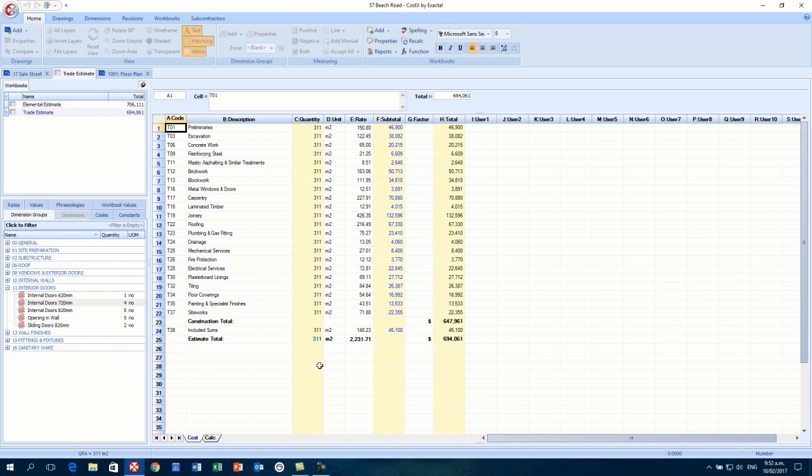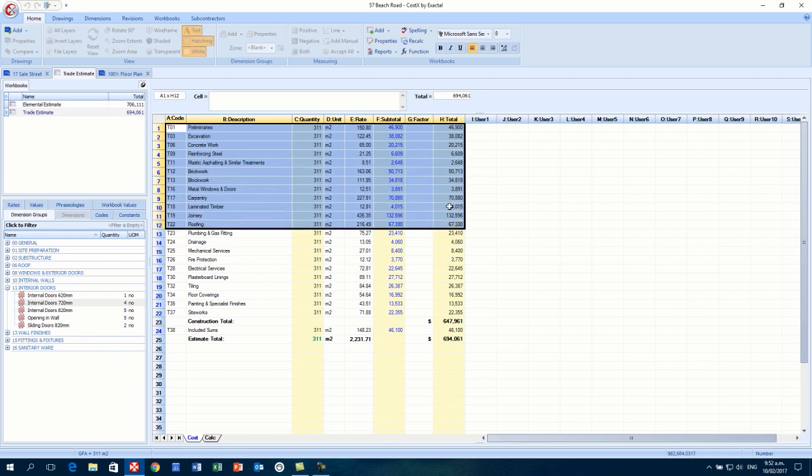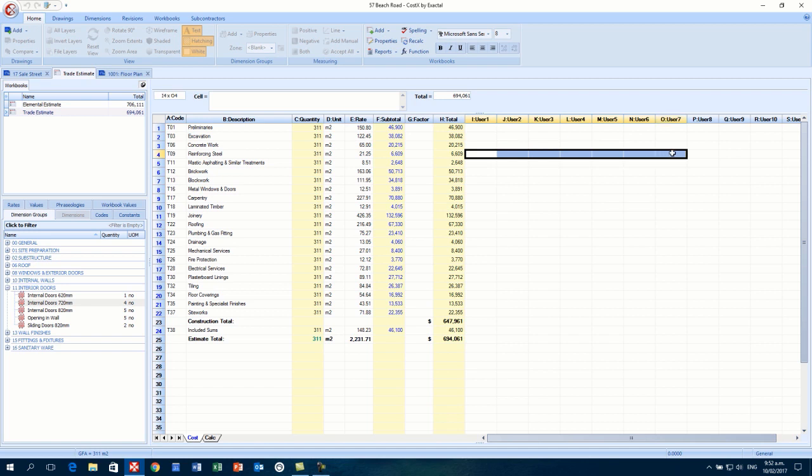This workbook is actually very similar to an Excel spreadsheet. So if I select a cell, I could start typing into that cell and I could summarize the job however I wanted to. In this example, I've summarized it by trade. A few differences between the CostX workbooks and Excel. The first one is you'll notice columns A through to H, the column headers have already been named. And then out to the right hand side, we have user columns, which we could use for anything that we would like. So for instance, we could apply some formulas in these user columns, and we can extract any data